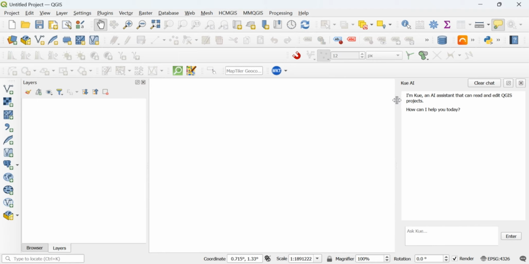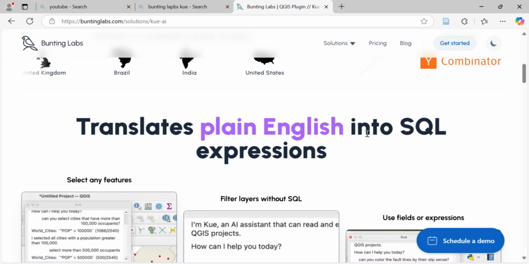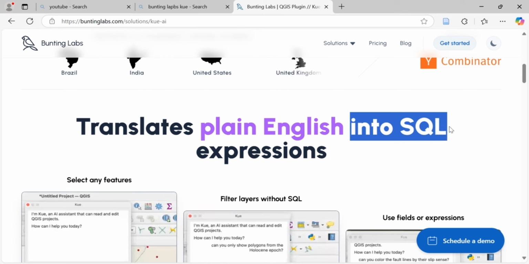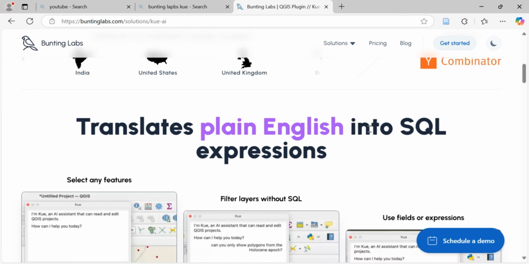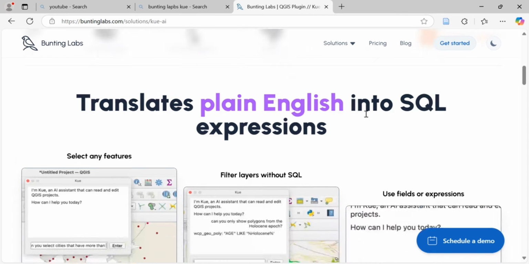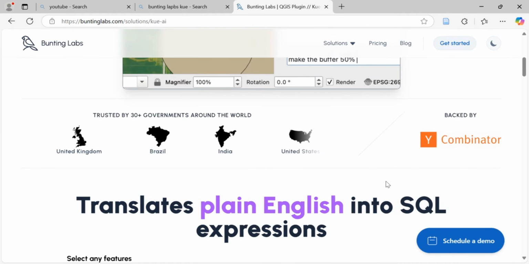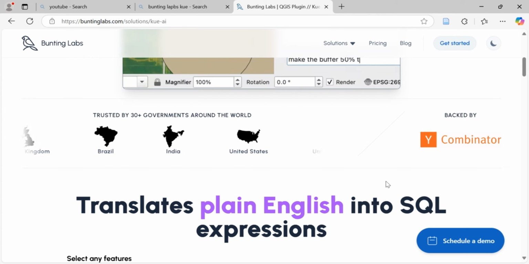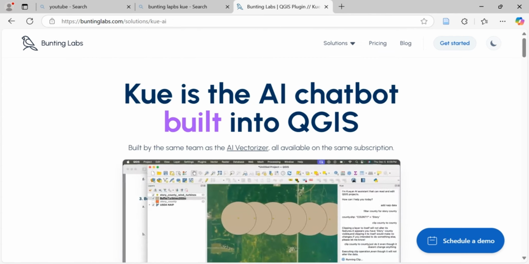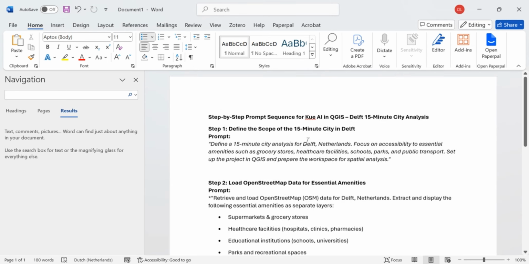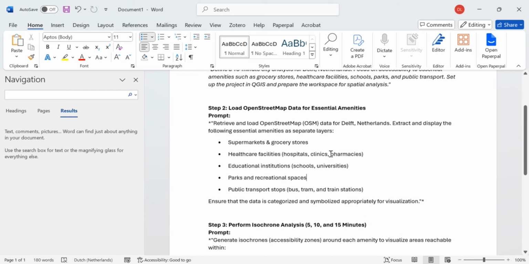Something very important is, because this is also an AI model, and like I said, it's converting your natural language into an SQL. So if you want to get the best out of it, it's advisable to also use a different AI tool or chatbot that can generate very good prompts for you. I tried to use GPT to see if I can get something like this, because that understands the OSM tags very well.